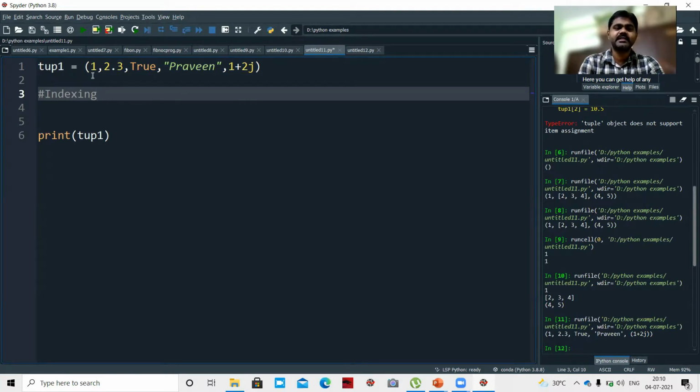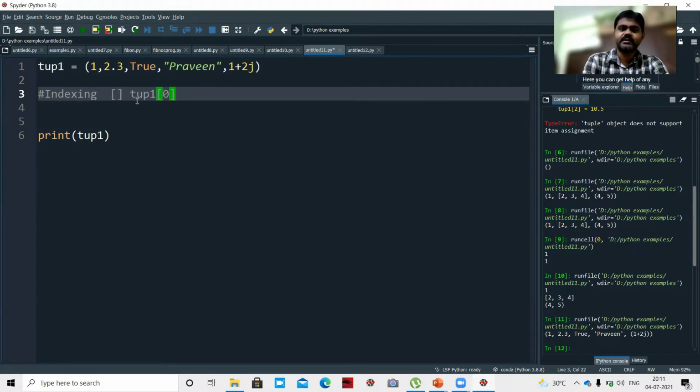Indexing is done using square brackets. For example, if you want to access the first element, simply tuple1 of 0. That's it.